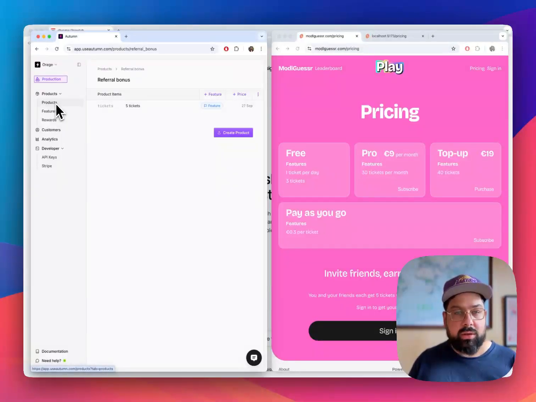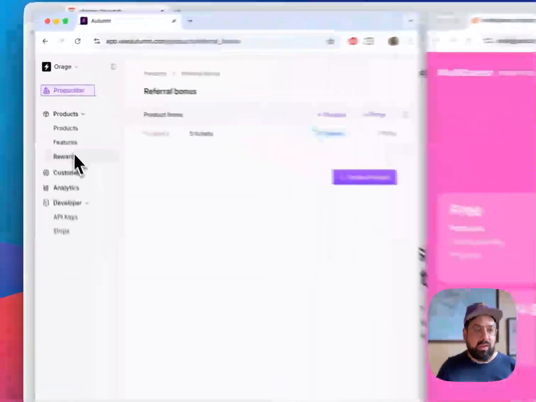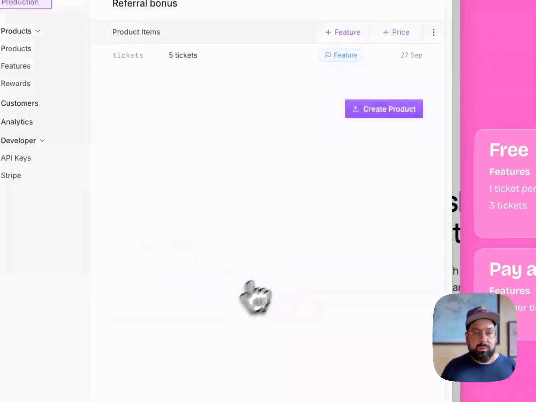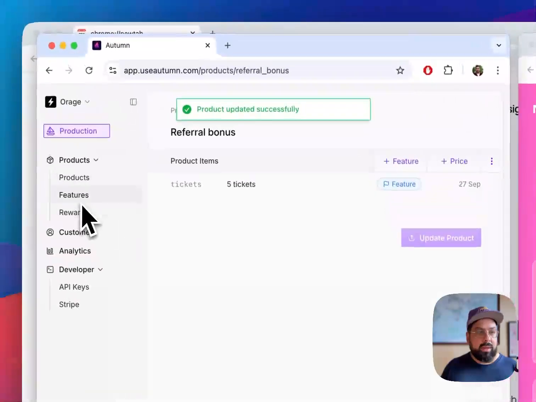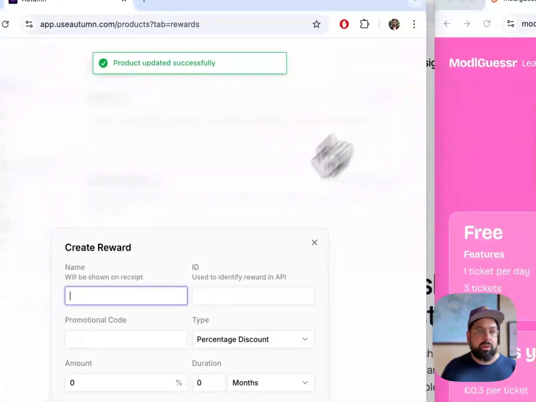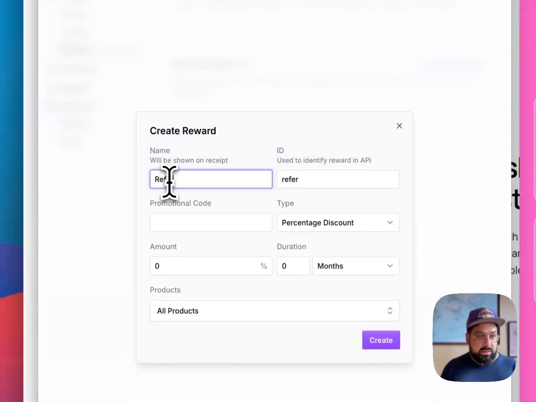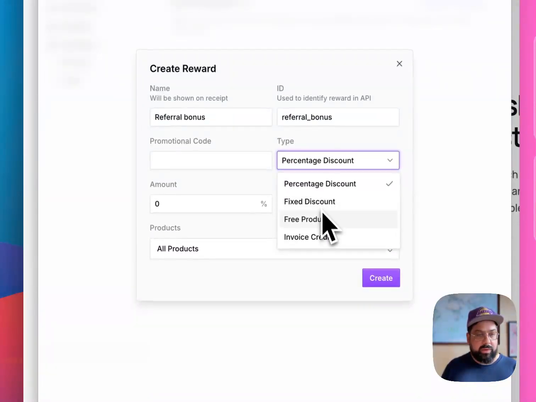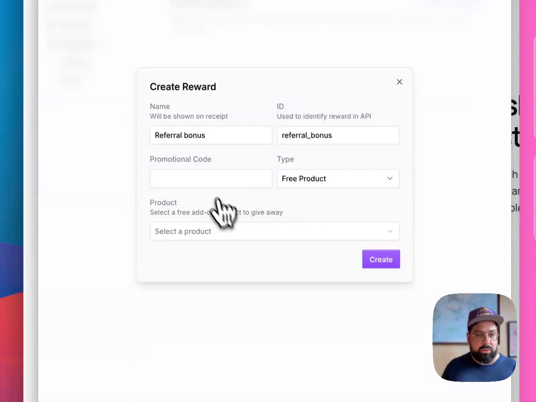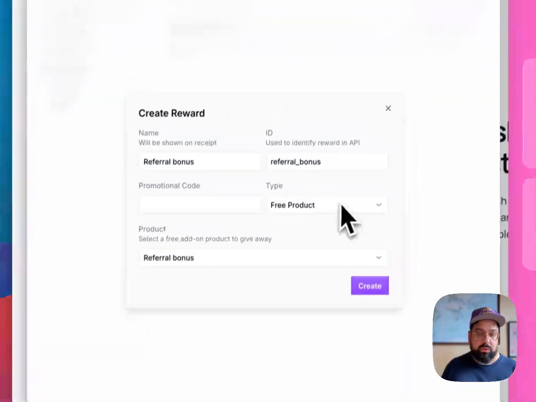Okay, cool. Now I have this product. You need a free product, so a product without a price, to make that happen. Oops. I created the product. Cool. And now I go in referral. I create the reward. I think it will work a bit better now. Let me keep my stuff consistent. Referral bonus. This is a free product. So you give a free product. The product is referral bonus. So you needed to create the product